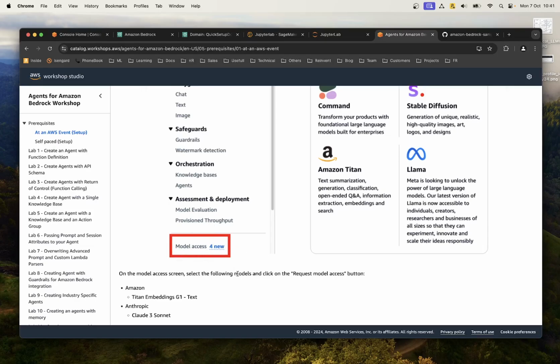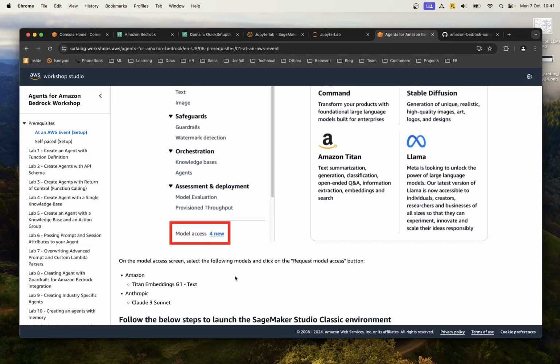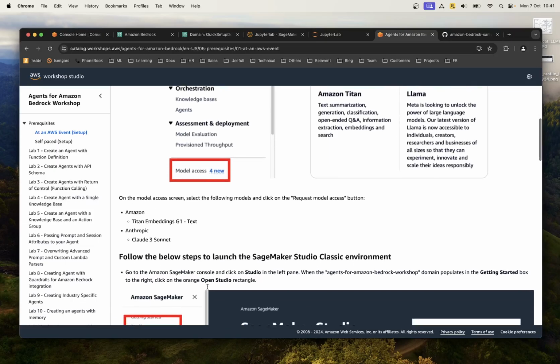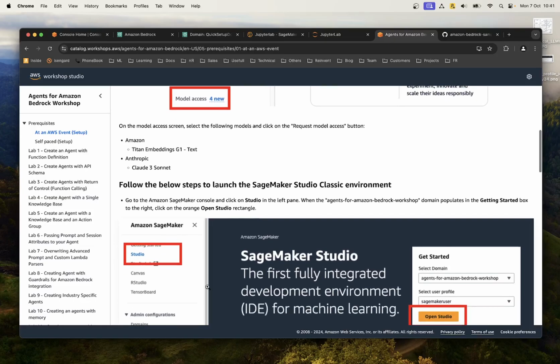This is because you need to enable some foundation models that we'll use in the workshop. So in our workshop, we will use Titan Embeddings G1 Text. Please also select the Embeddings V2 model, and we'll use the Claude 3 Sonnet model from Anthropic. So select all these 3 models, click on grant access, and then you will follow the next steps, which will